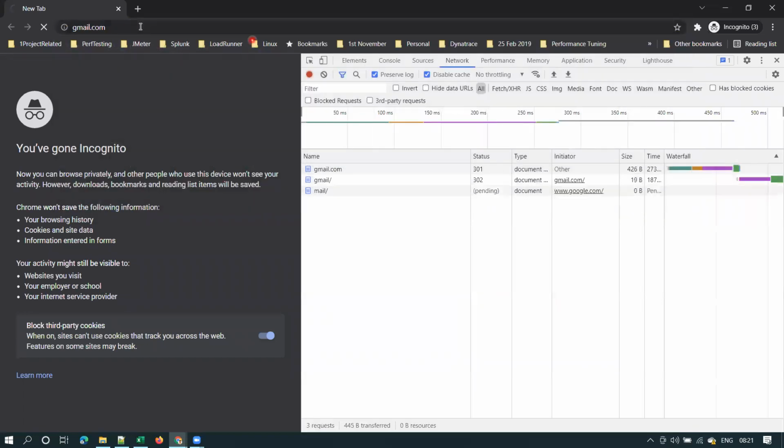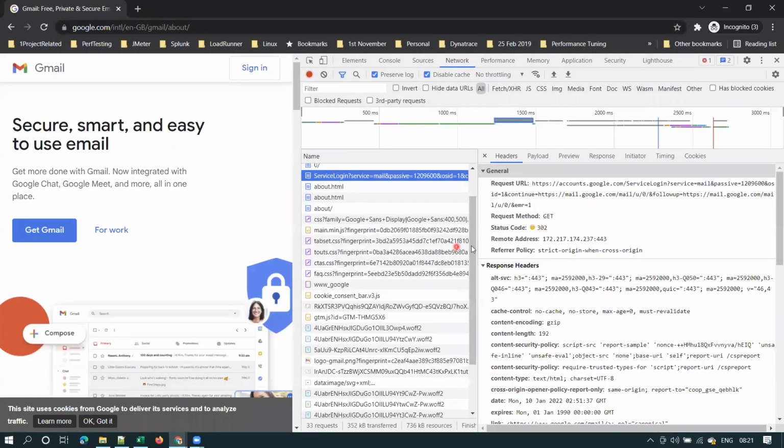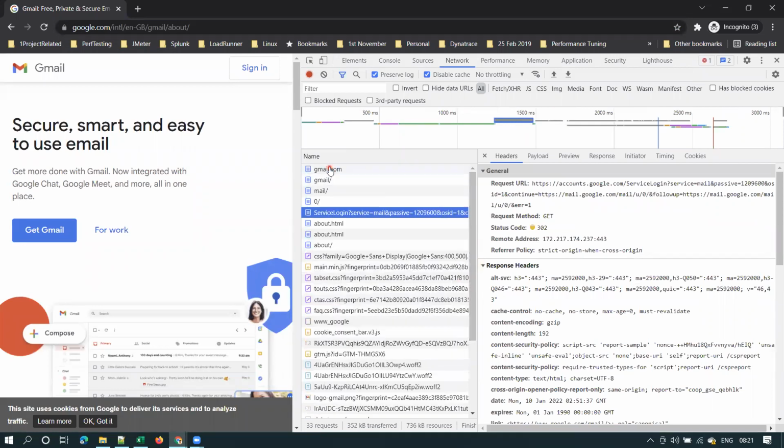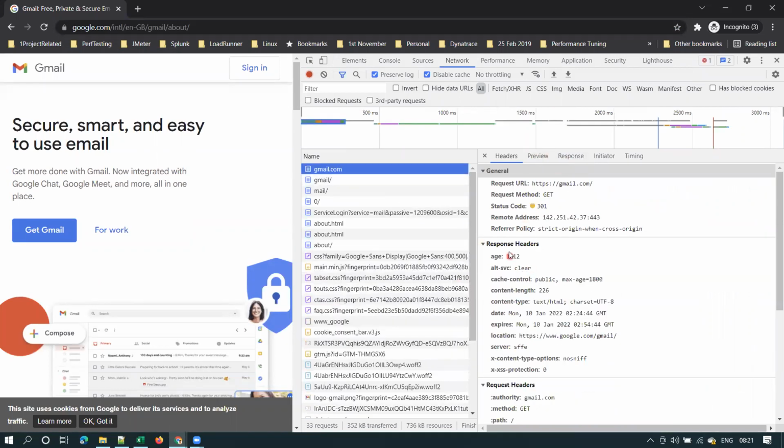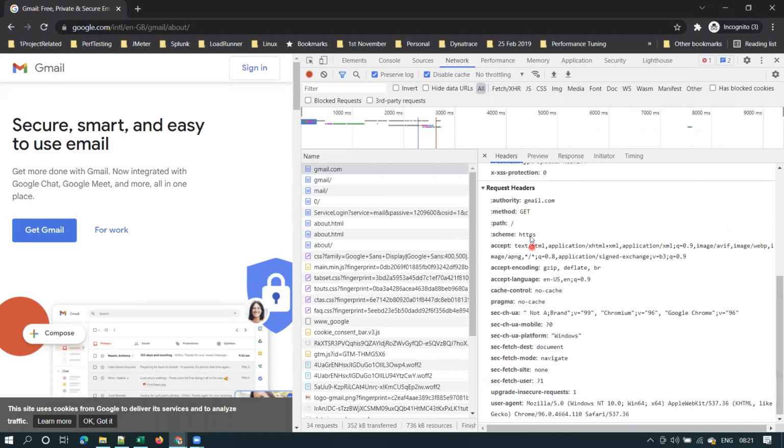Suppose you type gmail.com. If you see this, let's go to the main URL and see these request headers. You can see here, it contains the request method and accept. See here, accept encoding: gzip, deflate, br, accept language: US English.